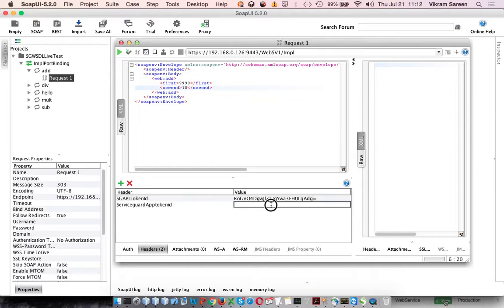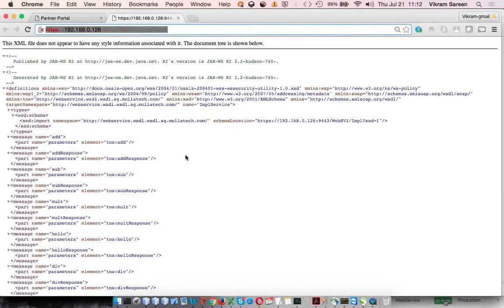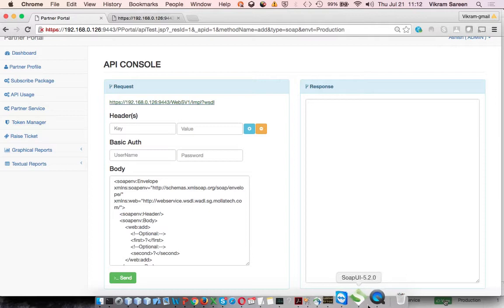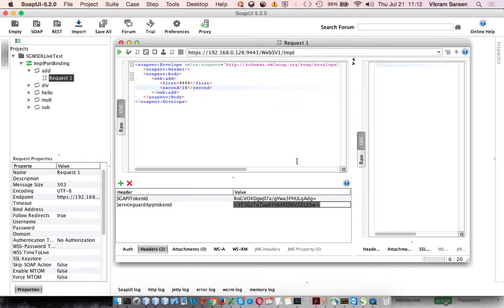Okay, intention is that a partner can use the sandbox dashboard, or if the partner is smart enough and they have their own application which is in Java, or if they're using tools like SOAP UI, they can actually do the test as well as live from their system. So there is no as such restriction. We have just added the sandbox testing, so it makes it easy for any young startup, or any early stage developers who don't have much more sophisticated tools, and they want to actually test out the APIs